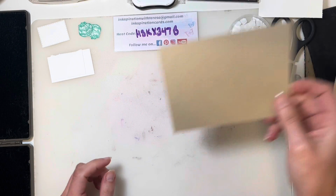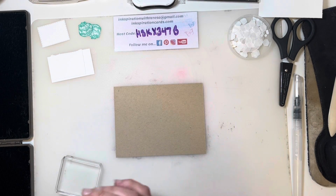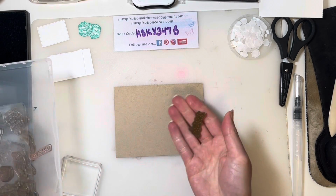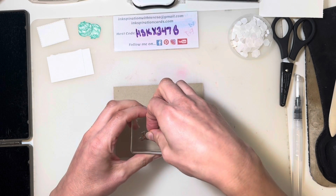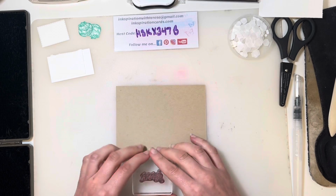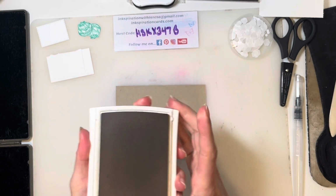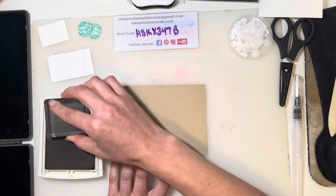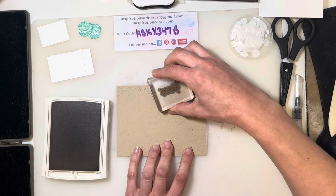I'm going to grab that piece of Crumb Cake cardstock. And as I said, I'm going for a bit of a beachy sandy feel. So I'm going to do some tone-on-tone stamping with the sand. I'm assuming this is grains of sand. I mean, you could use it for just having a speckled kind of background. So there's my Crumb Cake ink pad, and I'm just going to stamp around the edges, and every once in a while I'm going to rotate